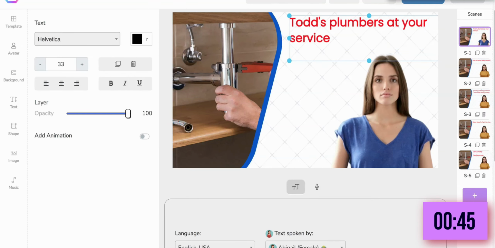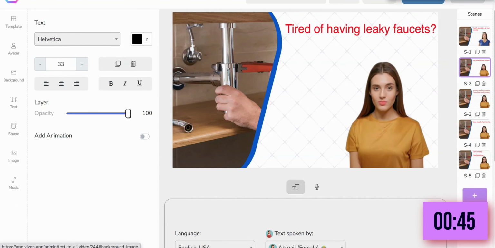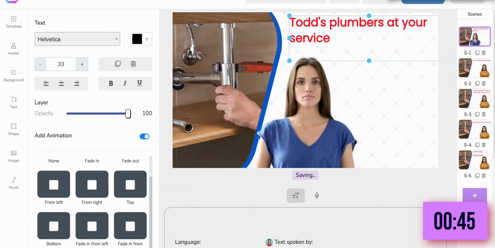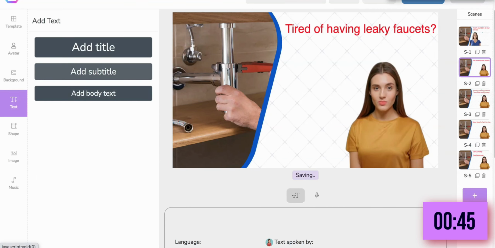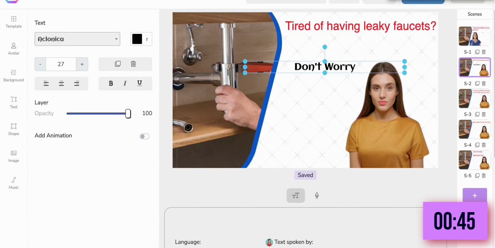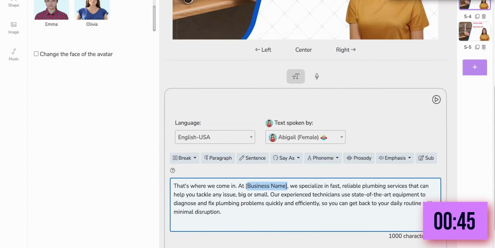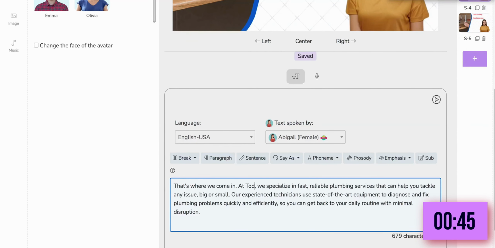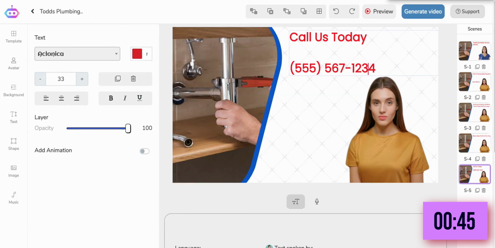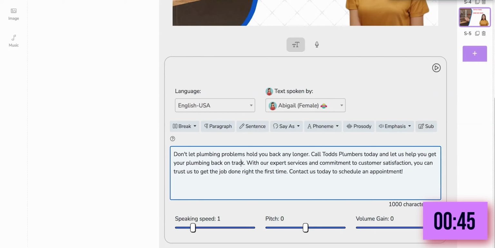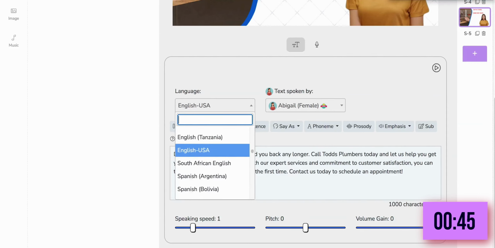Okay, so now I'm on the live editor and the drag and drop technology makes it so easy and fast to create jaw-dropping high-end AI videos like a pro. And as you can see for this plumber template, everything is done for me. I only need to change out a few fields like the business name and the location and the contact info, and then it's done. So now moving on to step 2, I just need to add a voiceover, and Vizeo